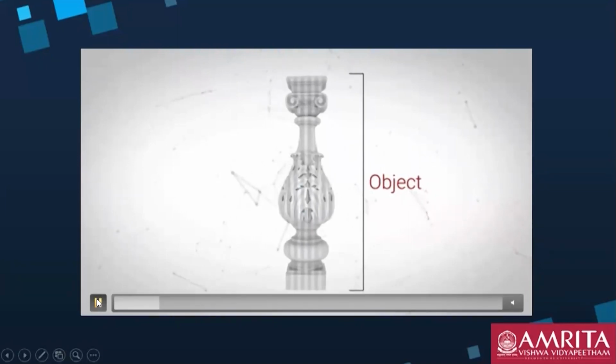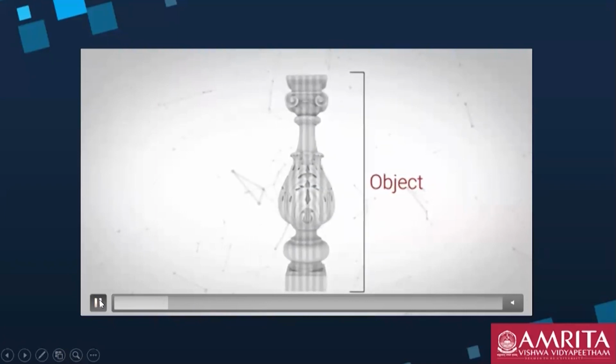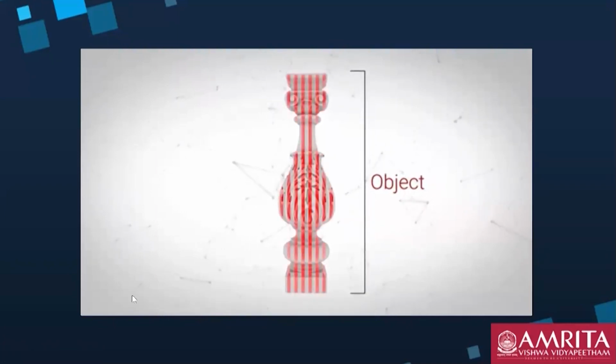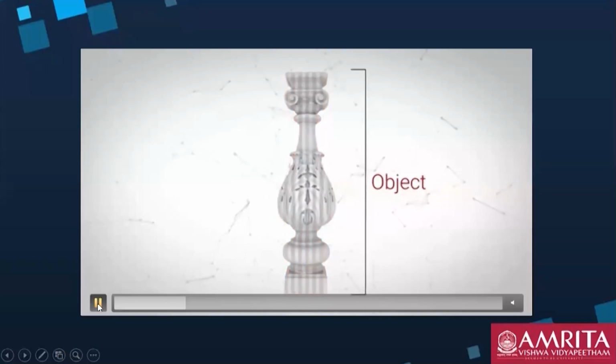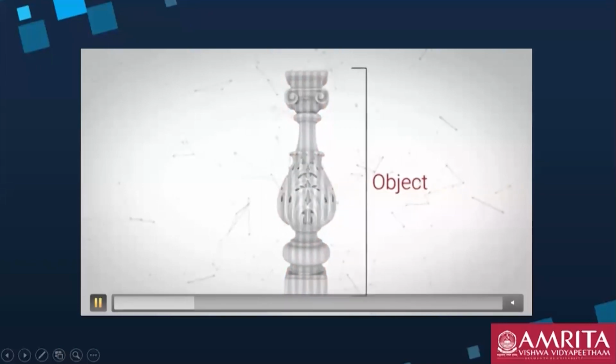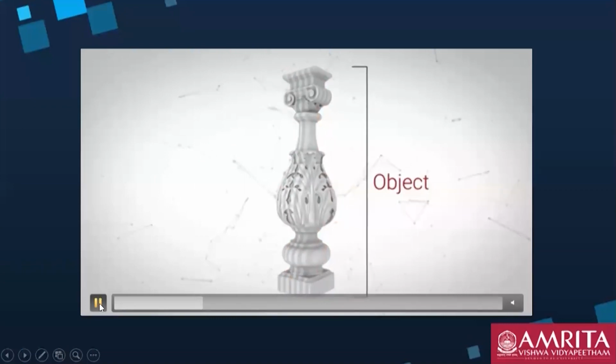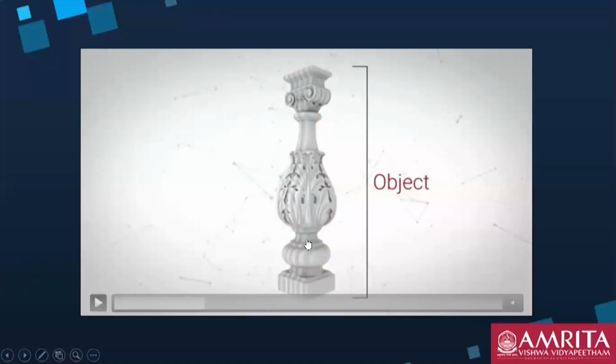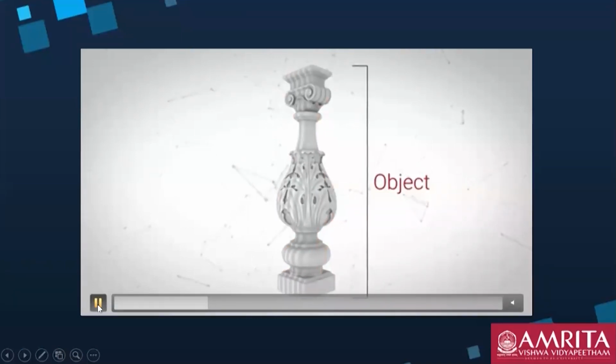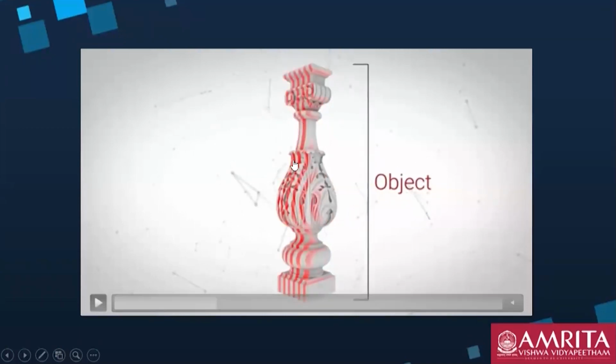So this is an object and you see the light pattern which I selected initially is passing over it. Now when I rotate this object, you see the highlighted red color, that is the scanning pattern of the light. When you rotate it, you see how the texture pattern also gets rotated according to the surface texture of this object. You see these highlighted light patterns.